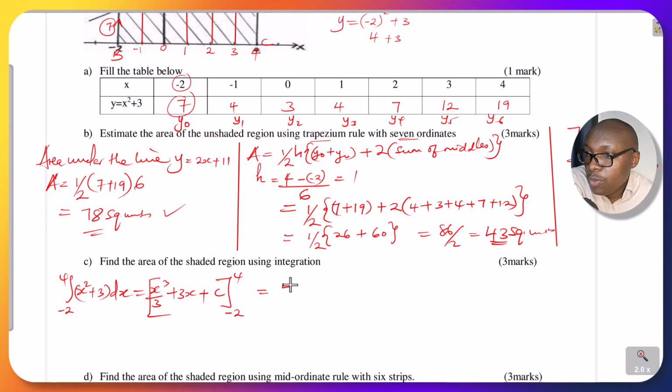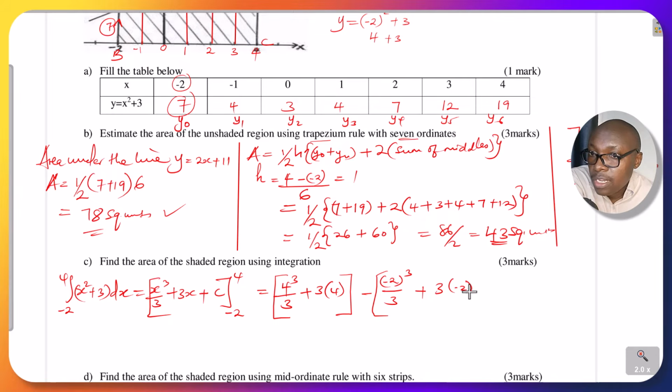So this will be 4 cubed divided by 3 plus 3, 4. You can leave c because it will get subtracted. Then you subtract -2 cubed divided by 3, then plus 3, -2, and this one will give